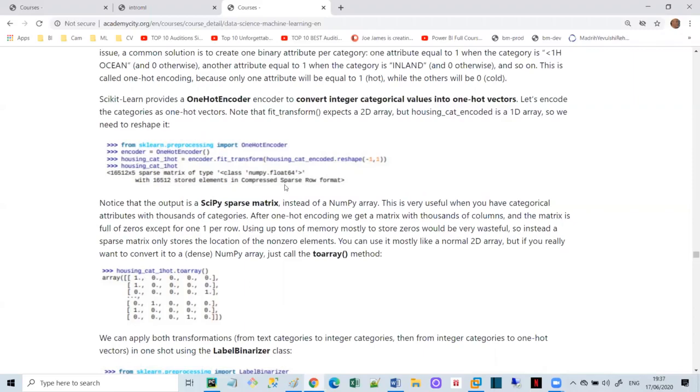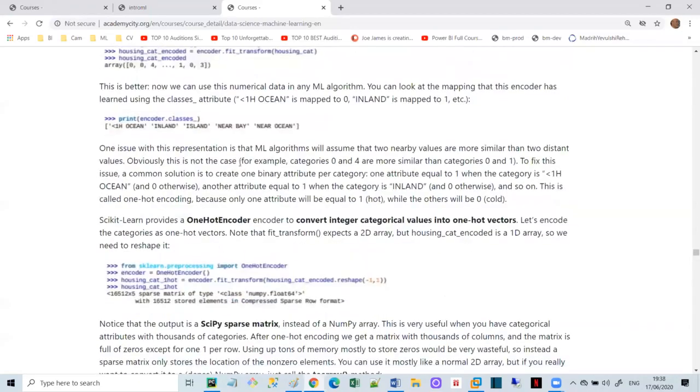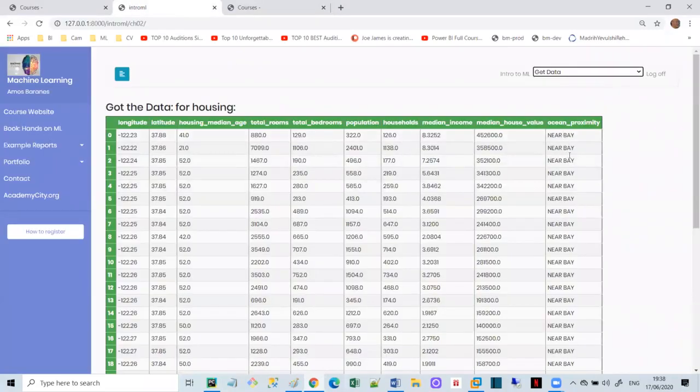And now, after we learned that one, we talked about the one-hot encoder. And I explained last time, when we have a categorical, we turn it into numbers. But that's not going to work because 0 seems close to 1 and 4 looks very far away from 0. But those numbers don't have any meaning. They're just a replacement for the text. So nearby or far from the ocean, or whatever categories there are, might have a meaning as a word,